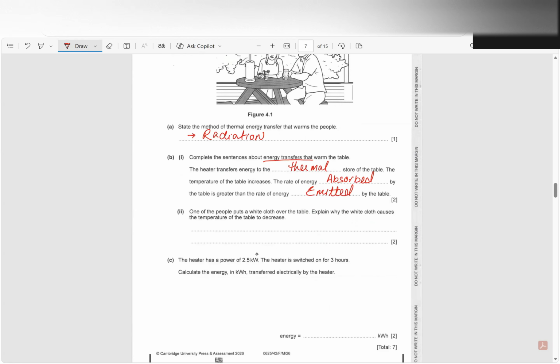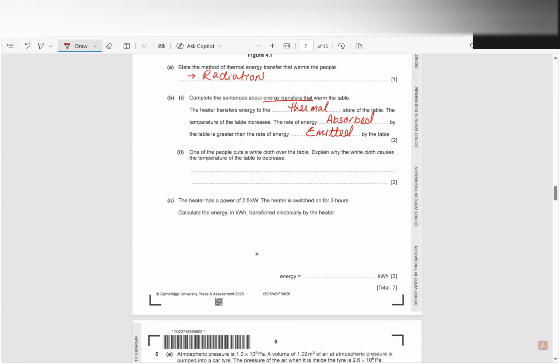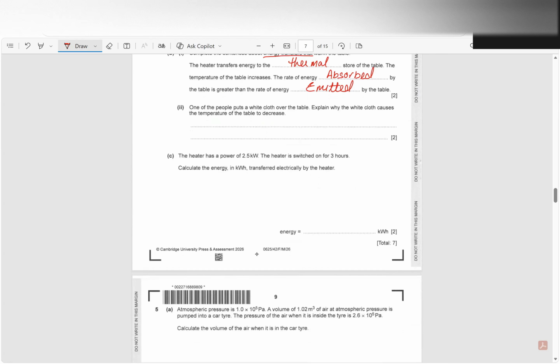Moving on. One of the people puts a white cloth over the table. Explain why the white cloth causes the temperature of the table to decrease. We already know that white, shiny surfaces are poor absorbers of heat, and they are good reflectors of heat. So we're simply going to give this same description over here. We're going to say that